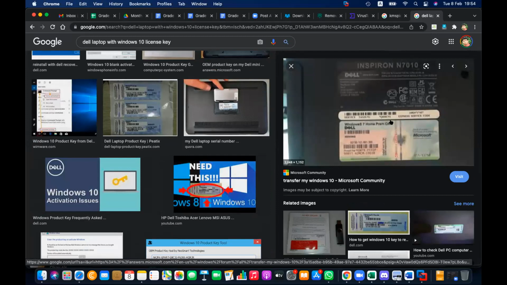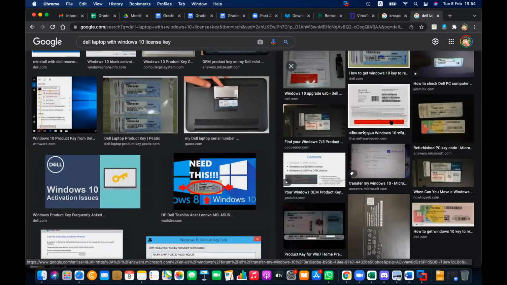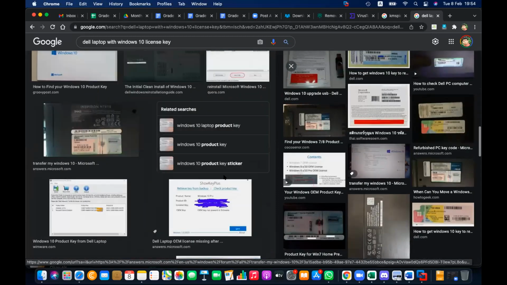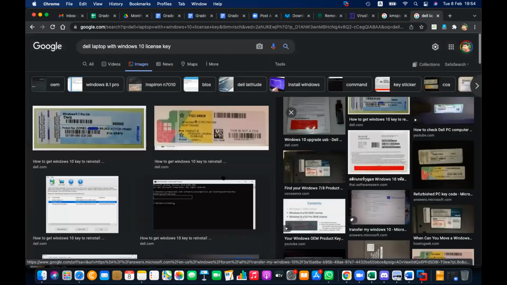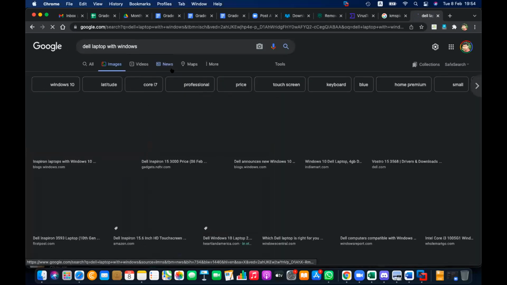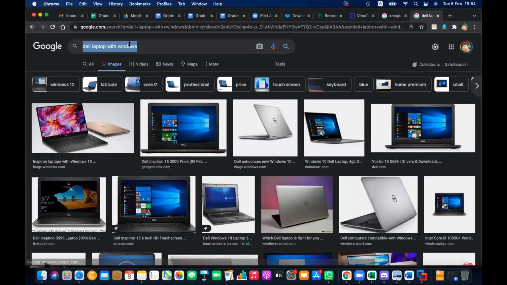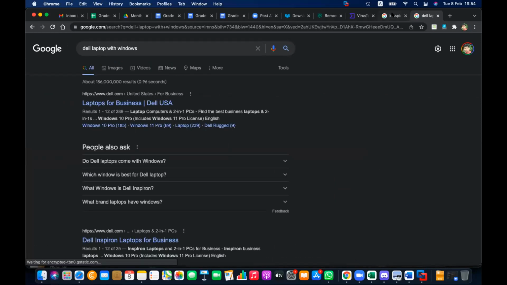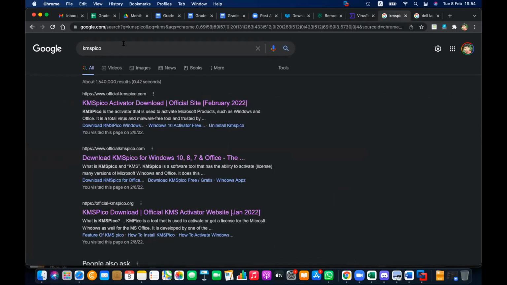Original came with Windows 7. But people will not like that because that is expensive. Then new vendors, they are only selling the laptop, they are not selling the software. Therefore, you need to install that. Most of the shop owners, they use cracks to install that. And KMS Pico is a famous crack.